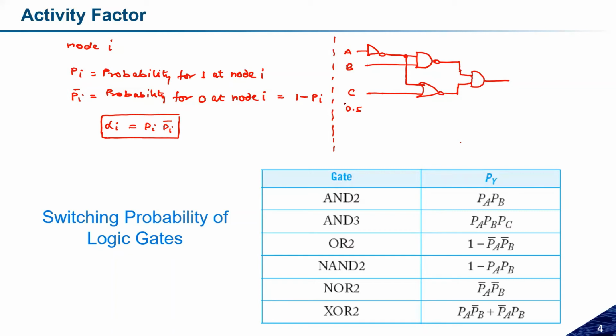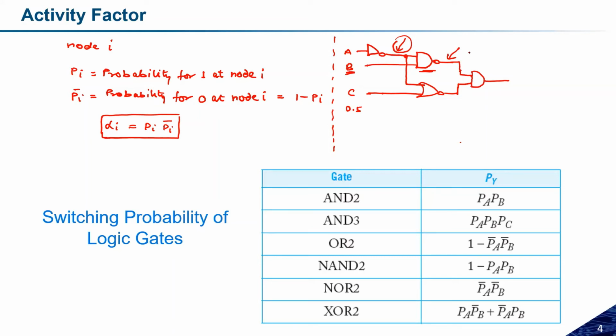In that case, what can we calculate? We can calculate the switching probability at this point, and what the activity factor of this one is. Based on this, the output switching probability of the first gate will become the input probability for the second input of this NAND gate. And whatever the probability of logic 1 of B is will be the input probability, and accordingly you can calculate the switching probability of this AND gate.